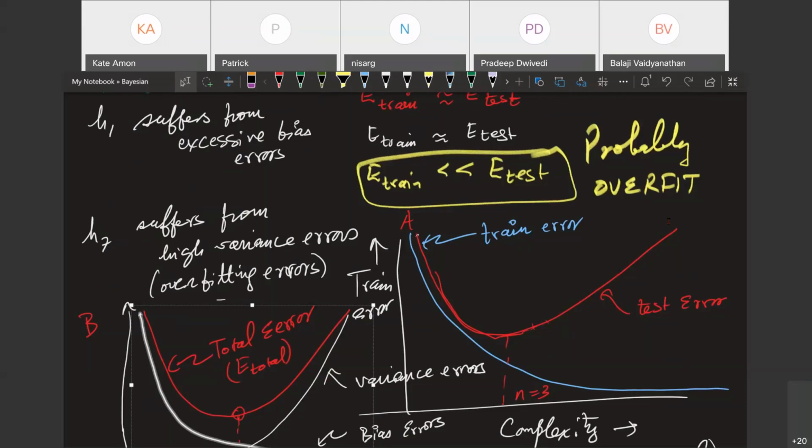Yeah, see, big data complicates the situation. There are some people who would say that we have big data, so we can start with a very complex model, and the big data will tame the variance errors also. Bias is less likely to be there in a complex model, and variance errors will be suppressed by a lot of data, right? We'll do that exercise and we'll see that. But therefore, start with a really complex model.